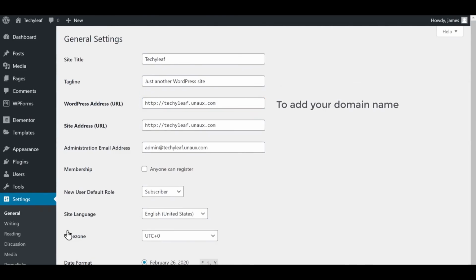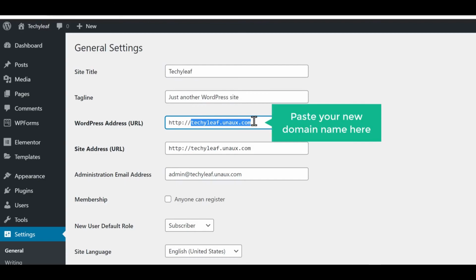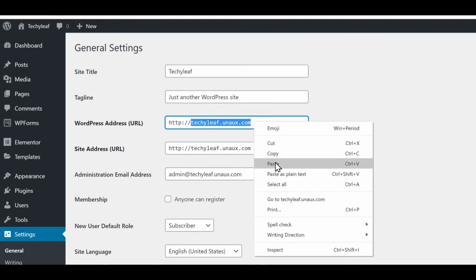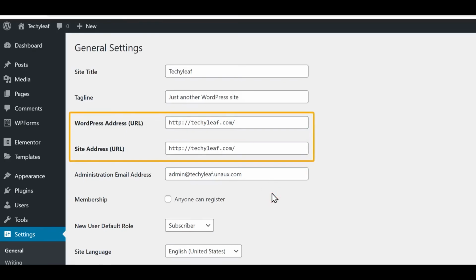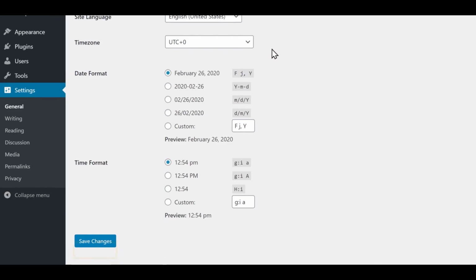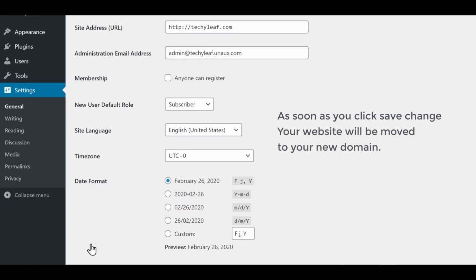Now to add your domain name, just click this URL and then paste your new domain name here. Next, select this one and paste your domain here. Once you've added your domain, just scroll down and click Save Changes. As soon as you click Save Changes, your website will be moved to your new domain.